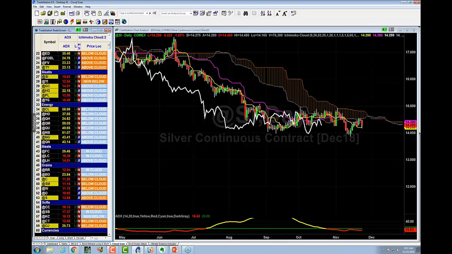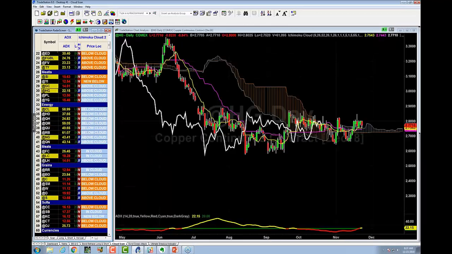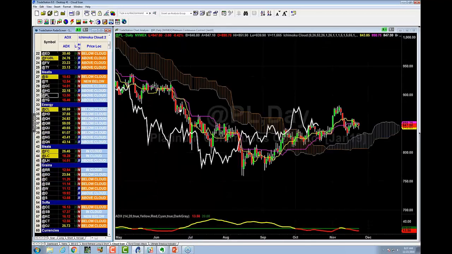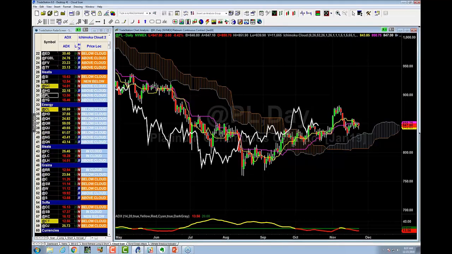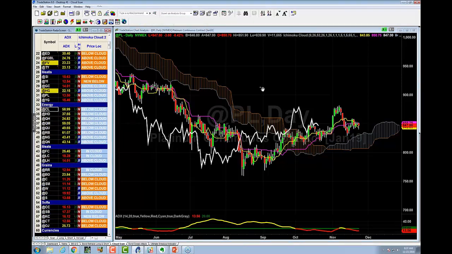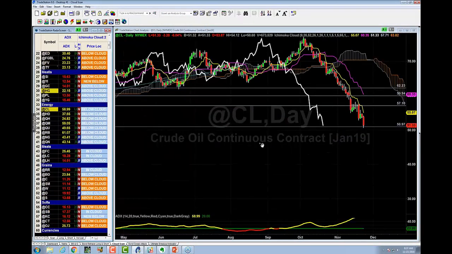All right. What's silver? Silver, a long, a short, or a pass? Looks like a better short to me than anything. So silver's a short. Let's take a look at copper. Copper is a decent long. It's kind of flatlined. Platinum is a good long with a stop of around 833 and a target of 900.